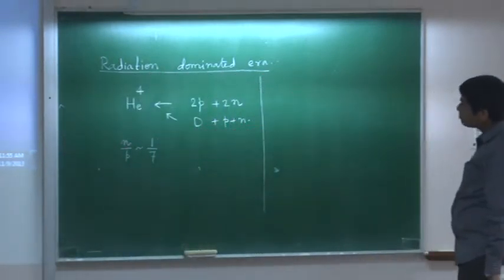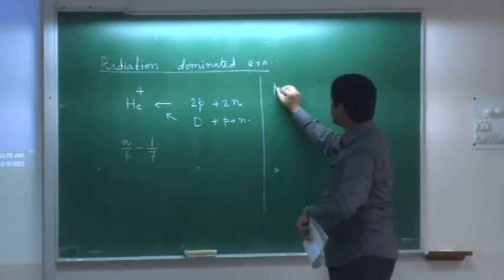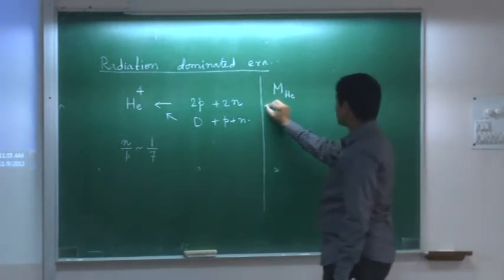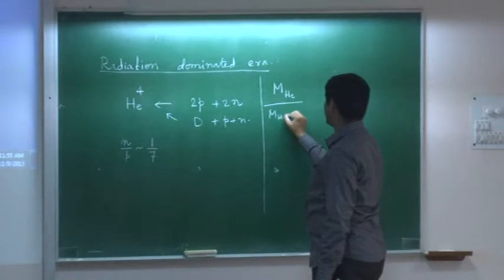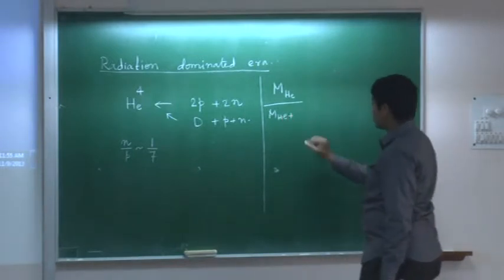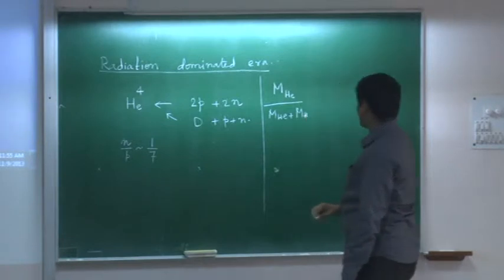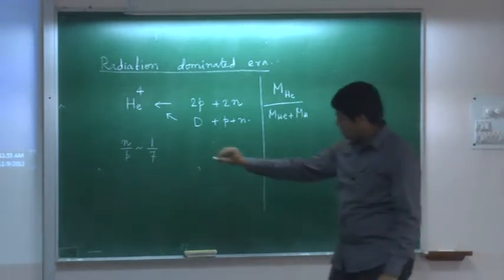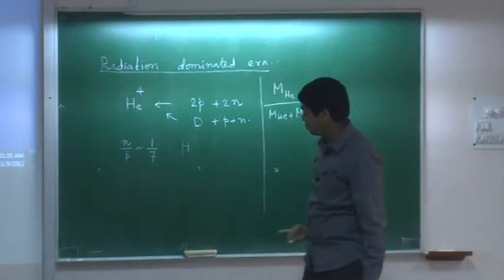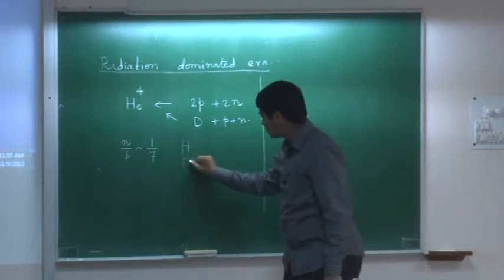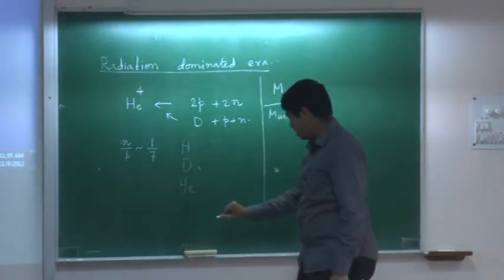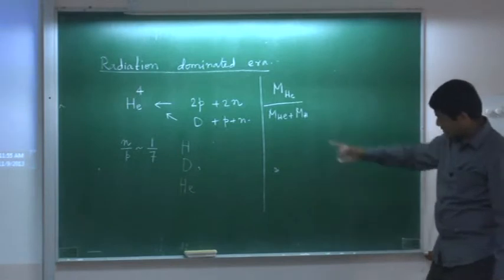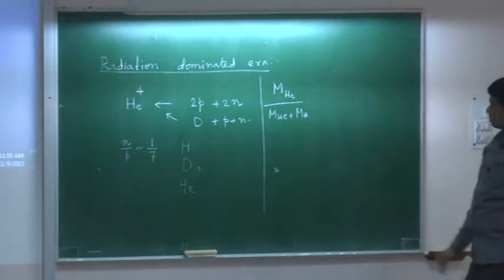So let us ask the question, what will be the mass of helium compared to the total mass? The total mass is basically these two. Whatever hydrogen was created is already there, and hydrogen is nothing but the protons. Then we created deuterium, then we created helium, and we said almost all the deuterium was used up to create the helium. So deuterium I am not writing here. So what will be this mass?